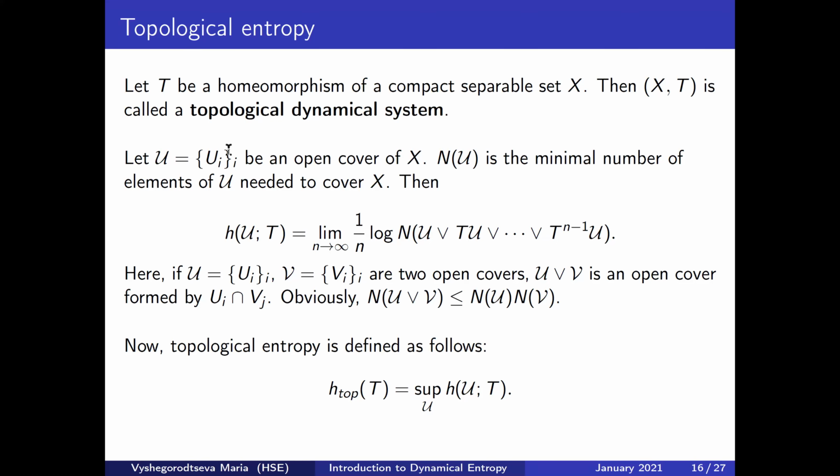assume that T is a homeomorphism of a compact separable space, and we call the pair X and T a topological dynamical system. Then we take U, which is an open cover of X, and we define a function N from U as the minimal number of elements of U needed to cover X. We should know that if we have two different open covers, U and V, then